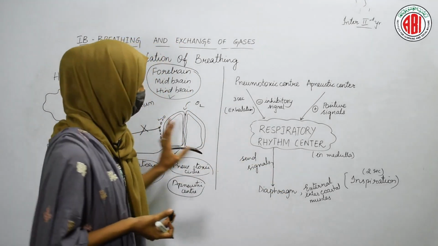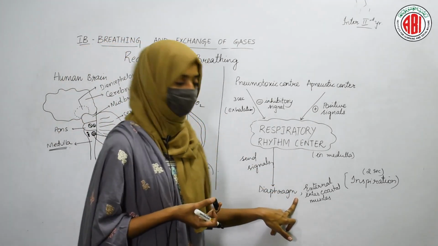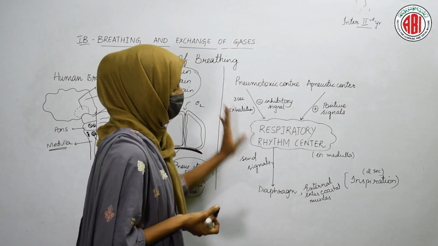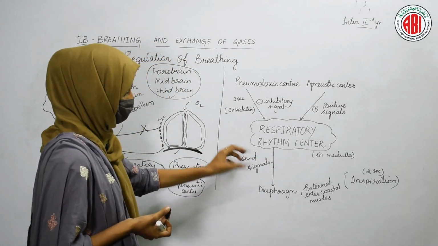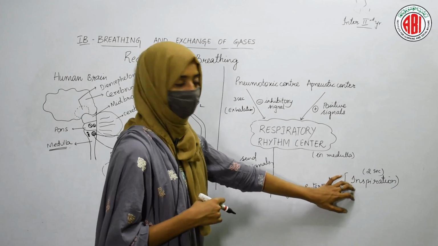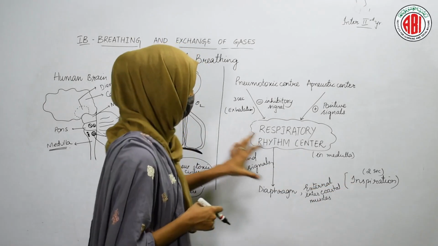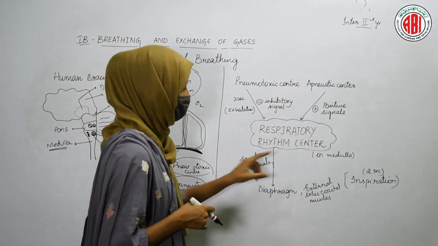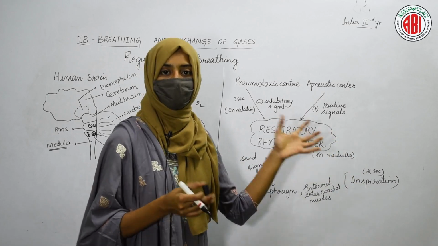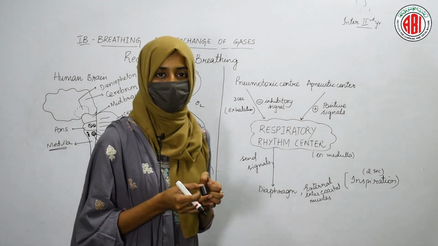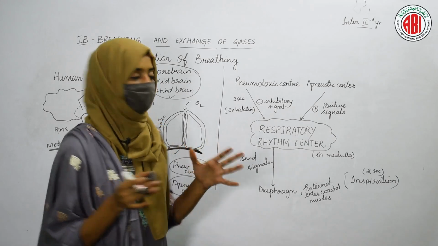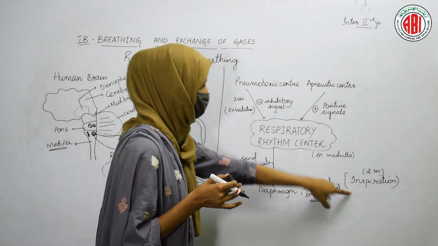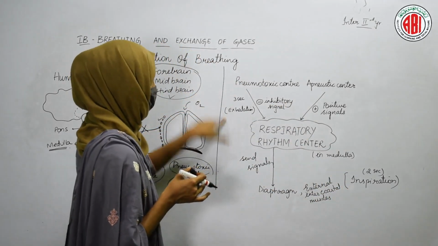This is how the contraction of the diaphragm and intercostal muscles takes place due to the signals sent by the respiratory rhythmic center. So, as soon as the contraction is carried out, we can take the oxygen in. That means inspiration can be done, and these signals can be sent by the respiratory rhythmic center to the lungs within 2 seconds. So, within 2 seconds the signals are sent to the lungs and the contraction takes place. When the contraction has to stop, it takes only 3 seconds. So, 2 seconds for the process of inspiration and 3 seconds for the process of exhalation.